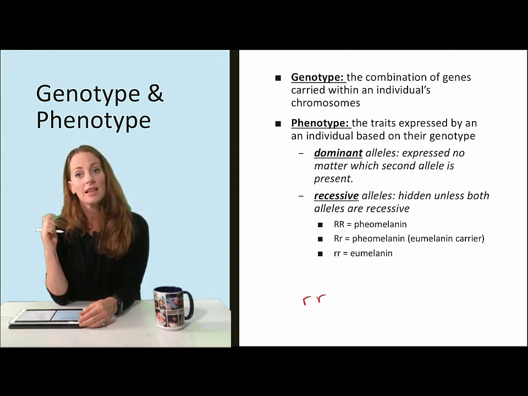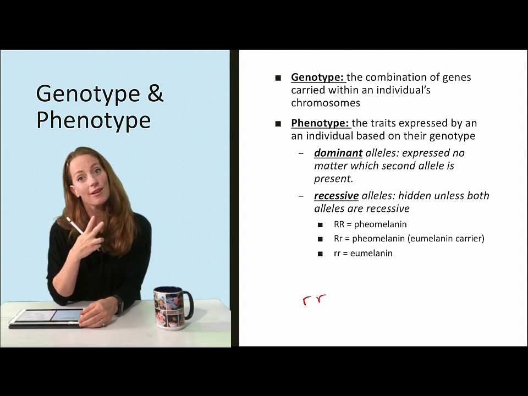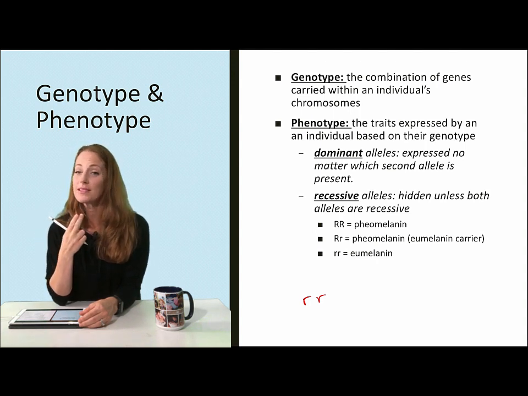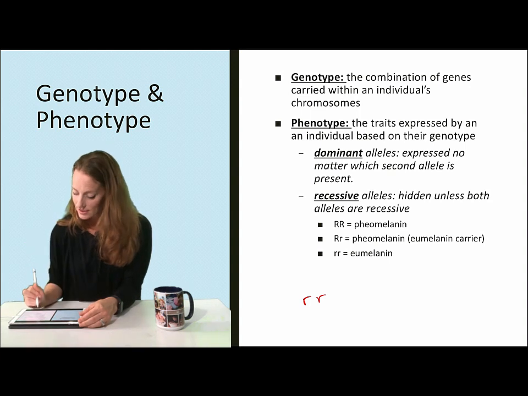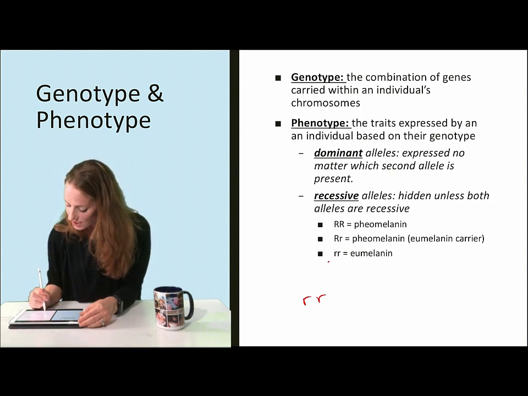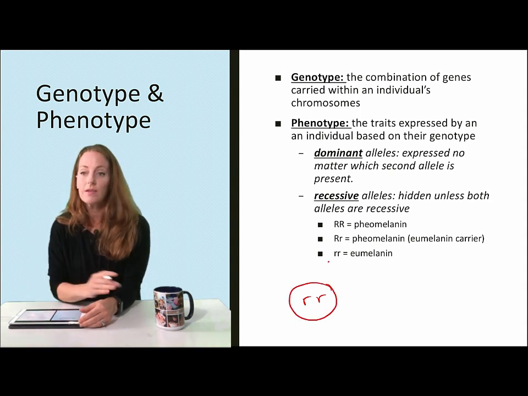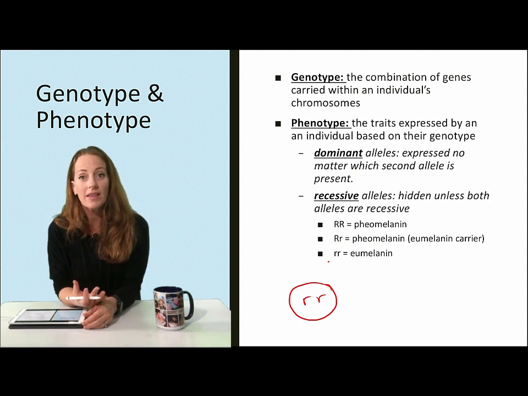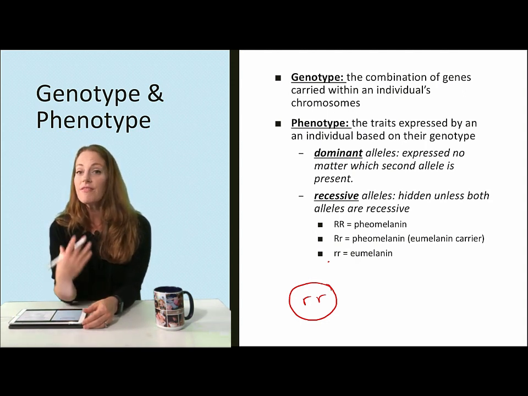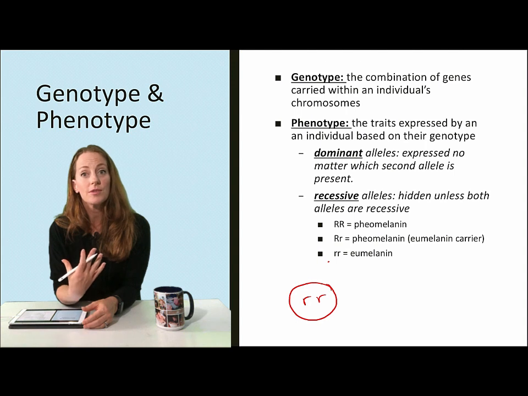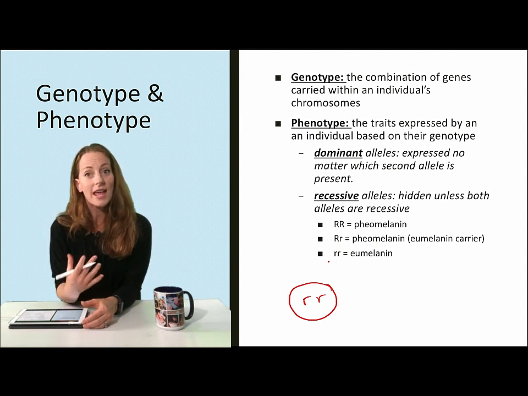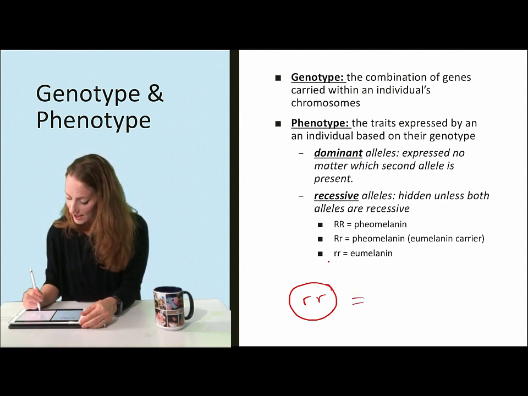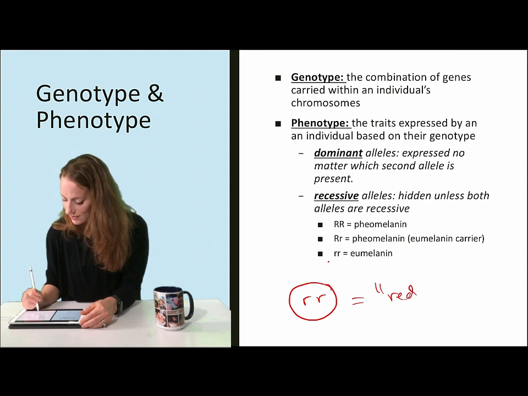I had to get little r from my mom, little r from my dad. Now I have both copies of that recessive trait. So I have the genotype little r, or eumelanin. The phenotype then is the description of what it actually looks like. And in my case, that is red